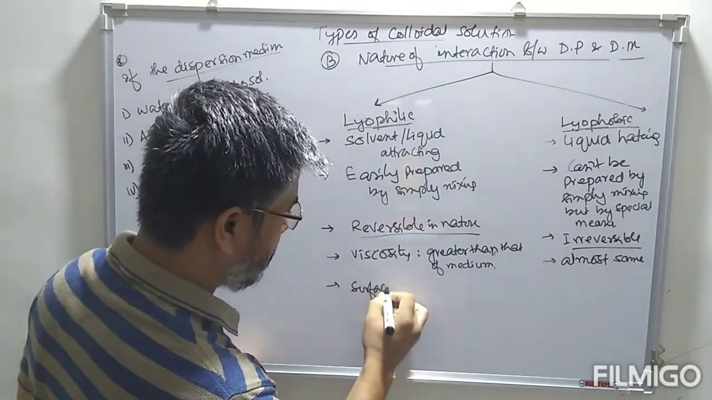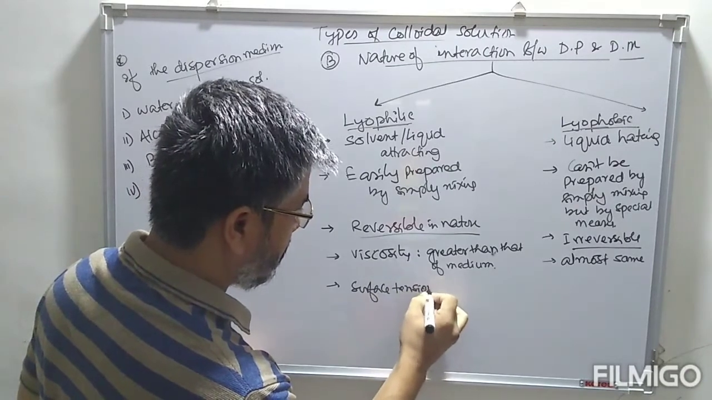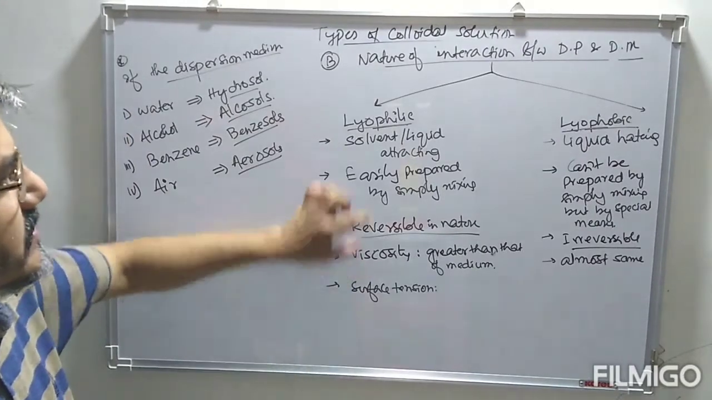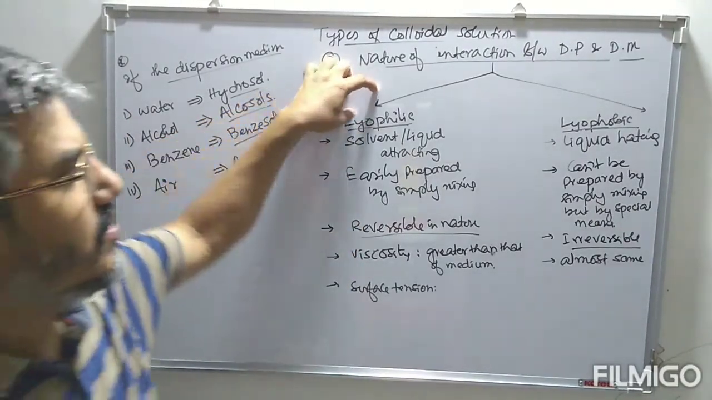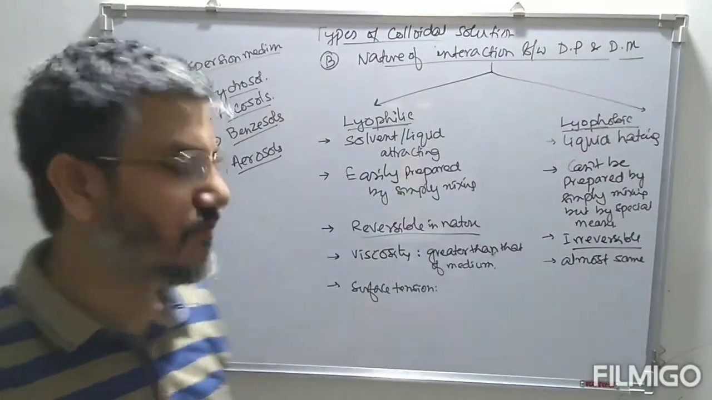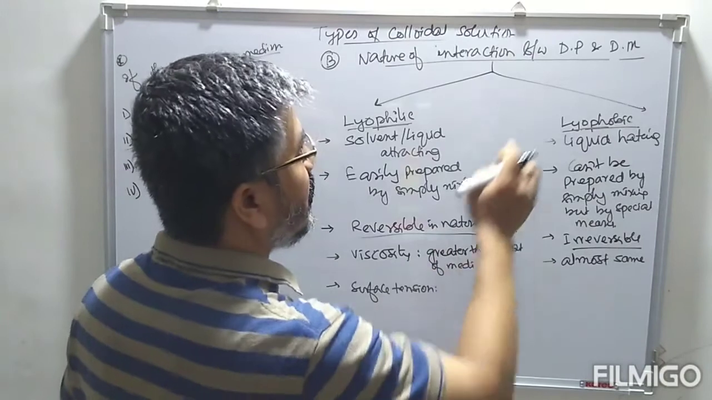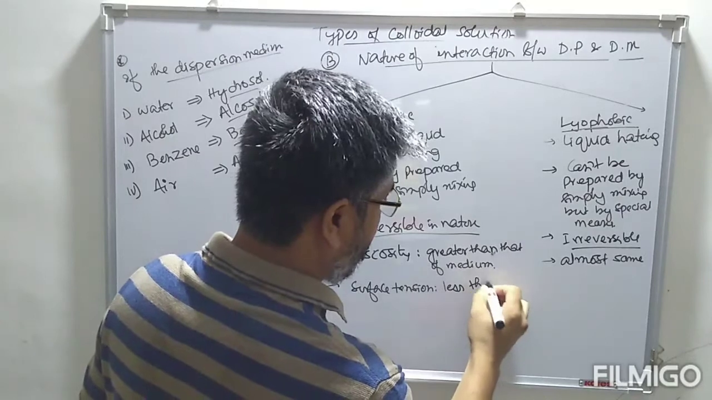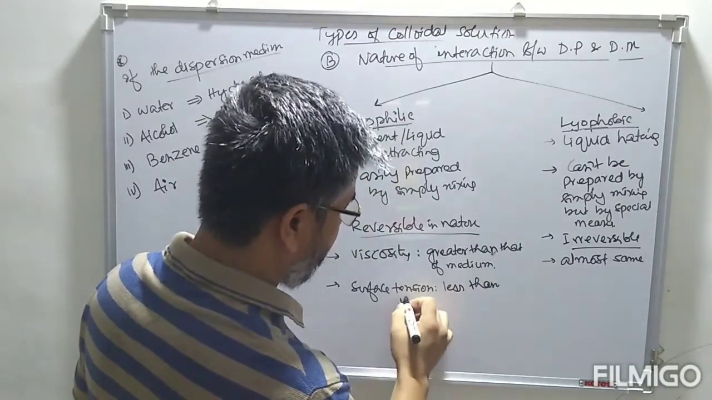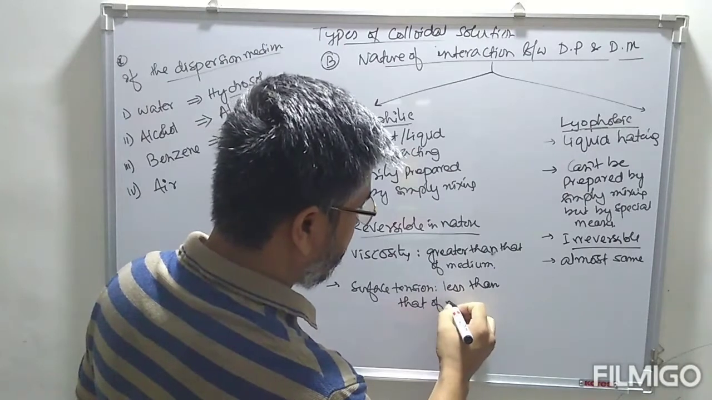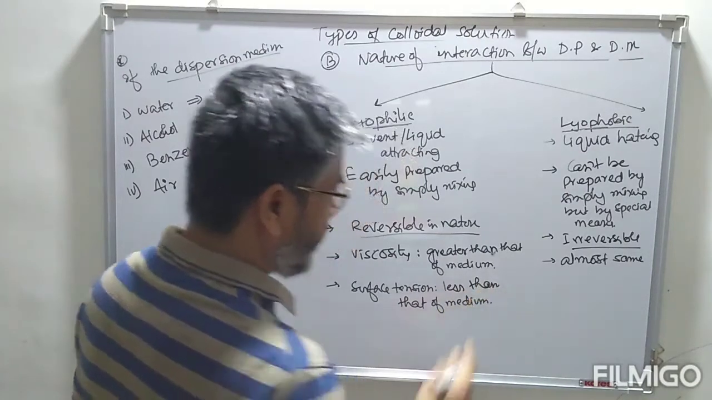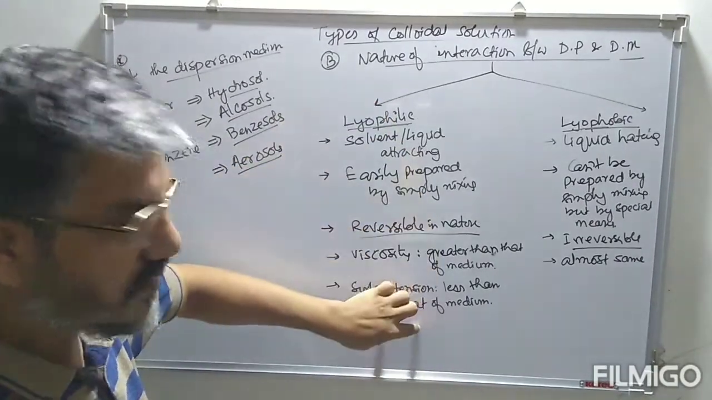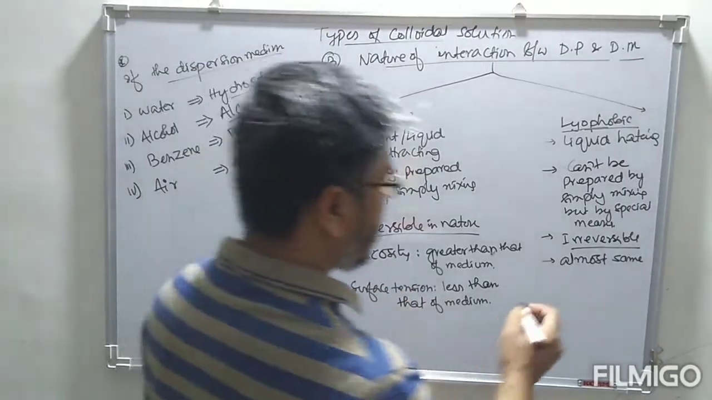Surface tension. Now, when we compare the surface tension of this lyophilic sol with that of the dispersion medium, the surface tension of these lyophilic sols is less than that of the medium. So the surface tension of this lyophilic sol is less than that of the dispersion medium, whereas in case of